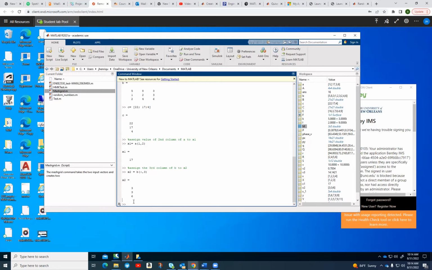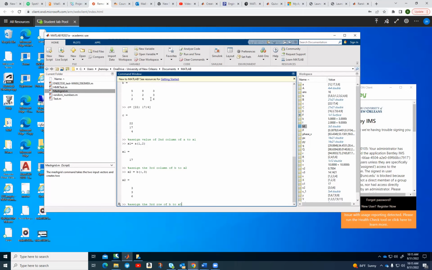All right. The next exercise I'd like you to do is to assign the third row of the matrix B to a variable x3. So assign the third row of B to x3. So B again, you still have it on the screen, is right here, right? So we want to assign this third row here